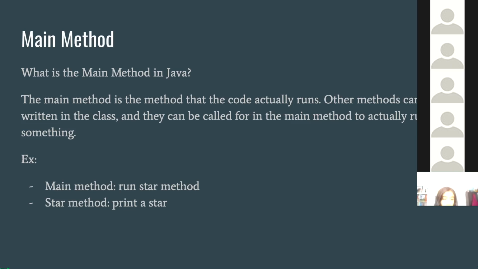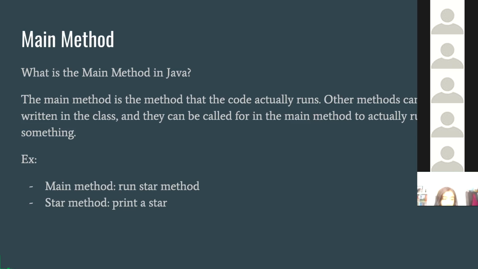So it will still check the star methods. Like, you have to write the method, right? So it'll check, okay, has everything you've written made sense? But it will only run the star method once you put it inside the main method. So yeah, you're correct. It'll only convert it into bytecode for the computer once you've put it into the main method. Otherwise, it won't run.